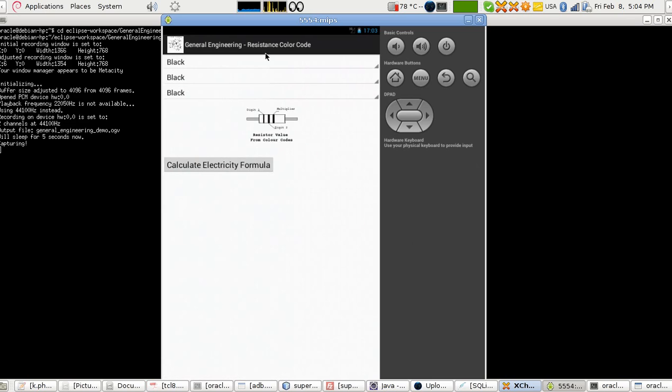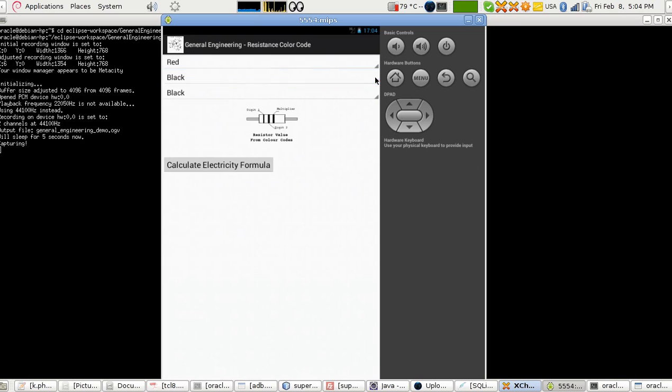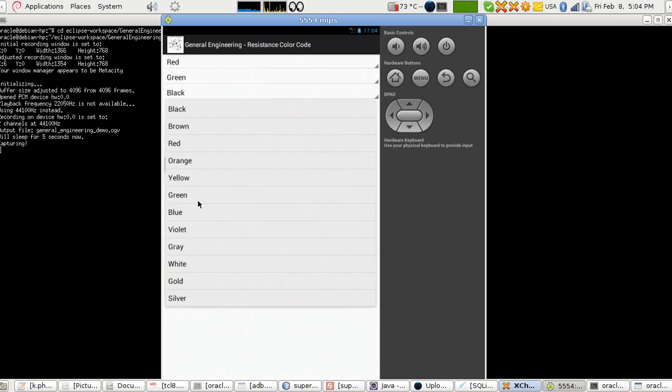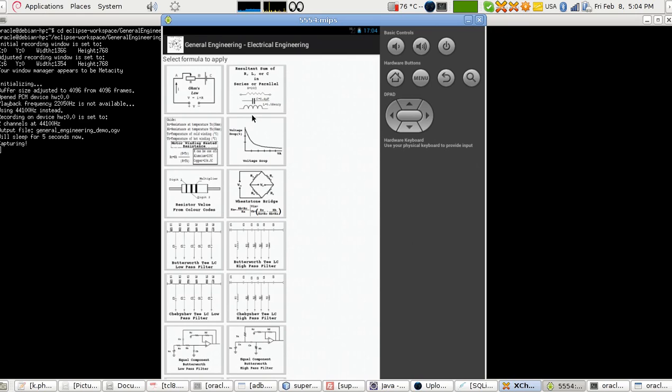Here it's about resistance color code. So the multipliers, you should just set the multipliers, and you will get the value of the resistance. Okay, and it's defined which one is digit 1, which one is digit 2, and which one is the multiplier, and you will know that in the program. Okay,